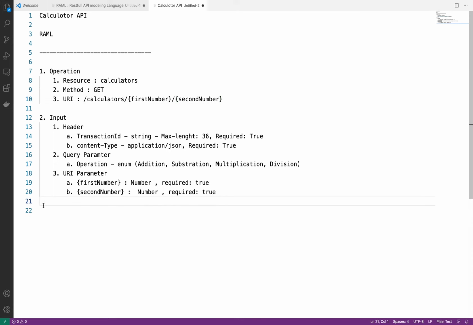Now we'll discuss the output. Okay, so as output, what all things will we have? First, HTTP status. We will have multiple HTTP statuses.